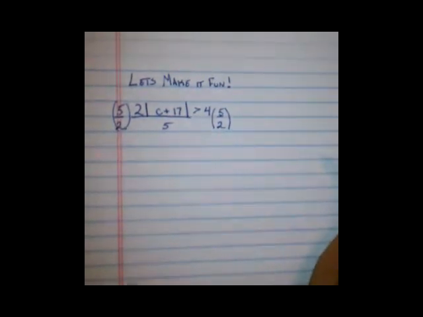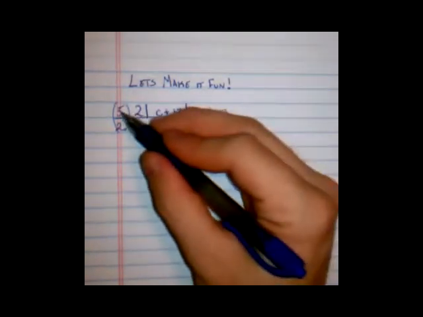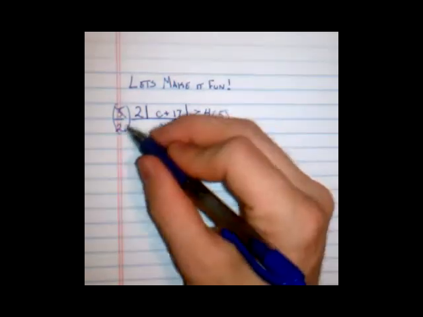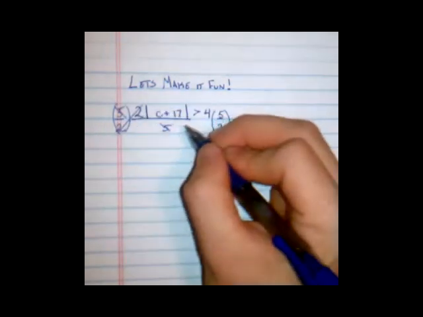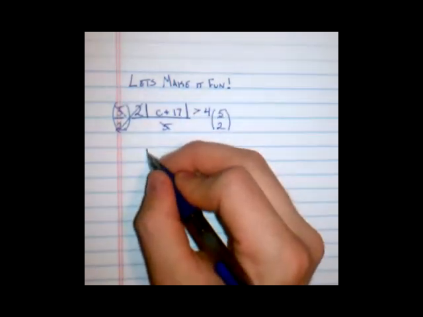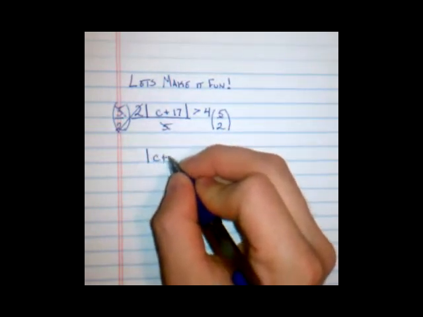Why? Because the divisions are going to simplify. 5 divided by 5 is 1. 2 divided by 2 is 1. Everything outside the absolute value is gone. Rewrite it. Absolute value, c plus 17,